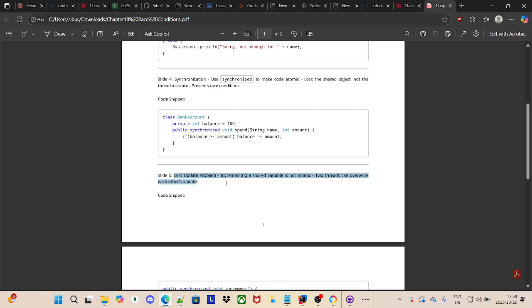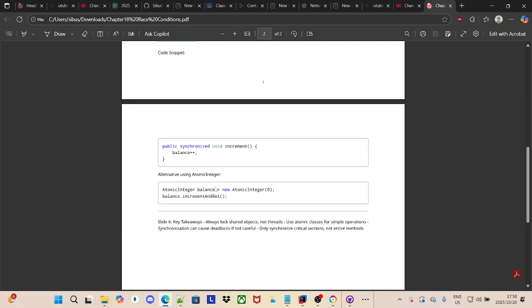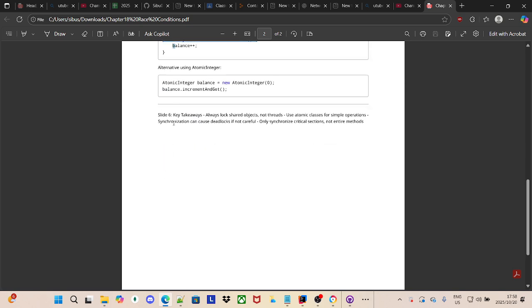We are incrementing a shared variable which is not atomic, and two threads can override each other's update. As you can see here, this is an example that I did: public synchronized void incrementBalance. Then we're using the alternative, AtomicInteger, right? We're declaring it as new AtomicInteger with 0, and balance increment and get. These are short ways that we can resolve the problem, right? So yeah,